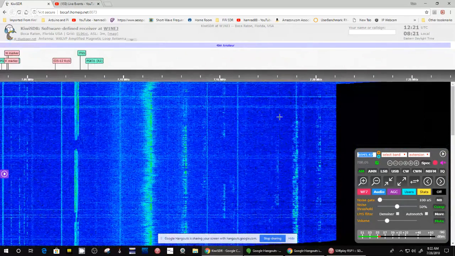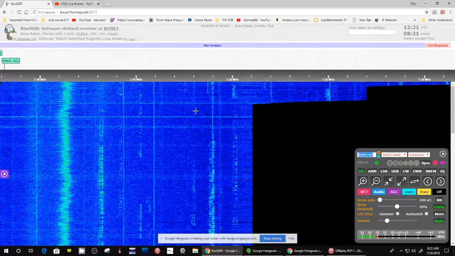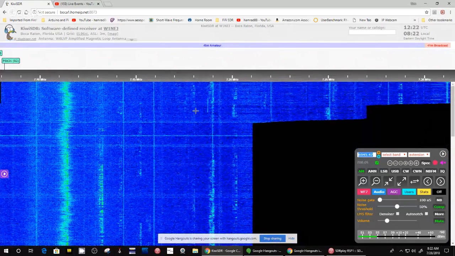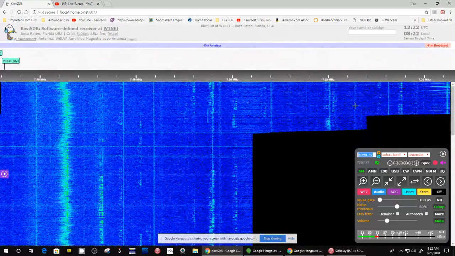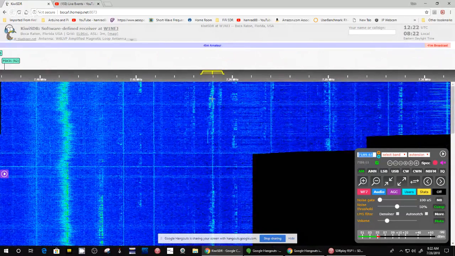It's pretty low. In general, we have to get above 7.2 in the 40-meter band to get voice. So this is probably voice here, maybe even here. Let's just try that.